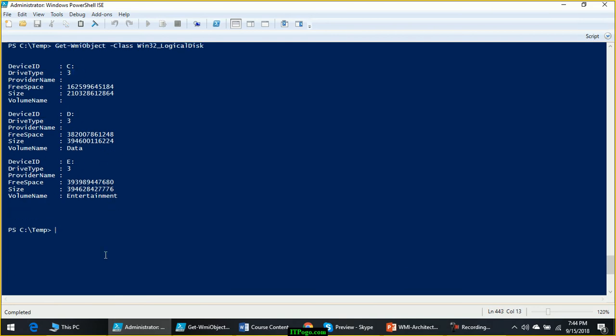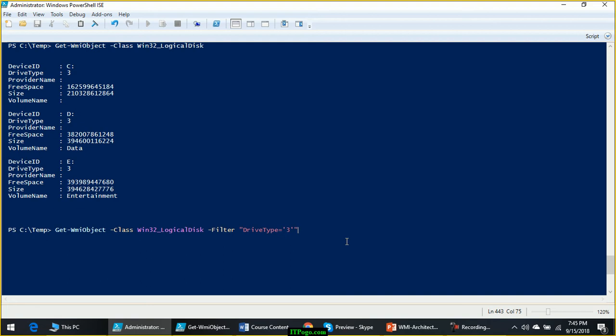How do you filter so that it will show you only the local hard drives? Either you can pipe it to where drive type is equal to 3, like this, or you can apply a filter in the command itself using hyphen filter drive type is equal to 3, so that it will show you only the results from the local hard drive.